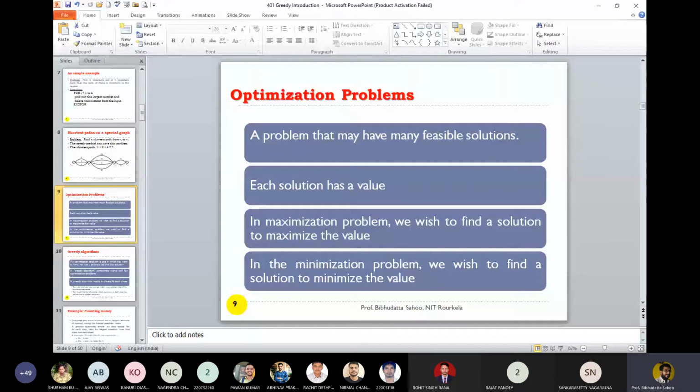Just like the 0-1 knapsack problem, I am multiplying a binary variable, let us say xi, with ei. When I select the first edge, the xi multiplied with it will be 1. I don't want the second edge, it will be 0. I want the third edge, it will be 1. I want the fourth edge, it will be 1, and I don't want the fifth edge, it will be 0. So this is my solution, 1 0 1 1 0.